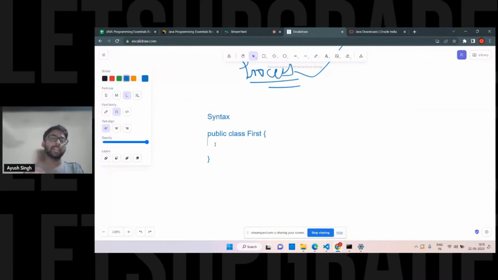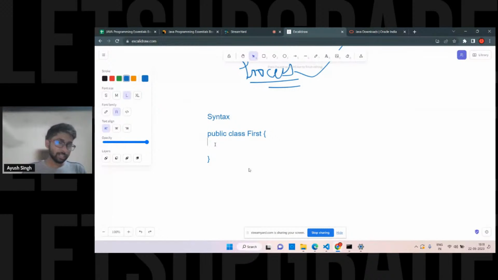Class is just like a container. It will contain all the methods, all the variables. Simple. Okay. Variables means just like a container which stores a value. Because see, why are we writing a program? Why are we even writing a program? There should be a reason, right? We are writing programs to give instructions to the computer. Simple. Why do we write? Because we want the computer to do some operation. For that, we are writing the code, right? Simple. If you're even adding two numbers with code, with Java or any language, you are giving instructions to the computer.